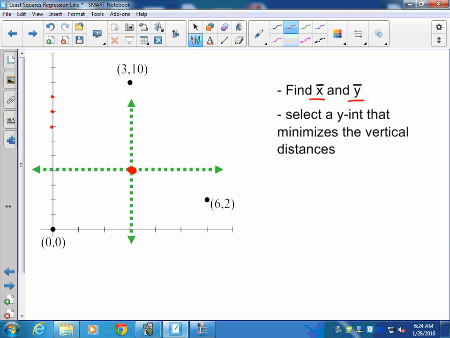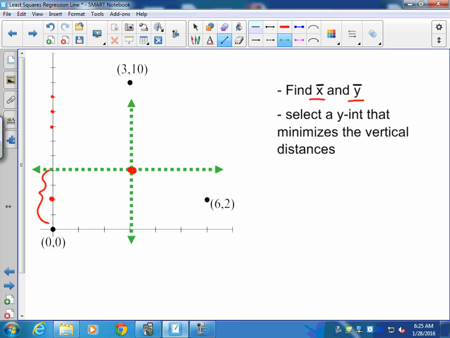As x increases, y is increasing. So we wouldn't pick anything above that point. We have the choice of picking any y-intercept below the point, and our whole goal is to minimize the distance between the point and the line. So I can pick a value here,